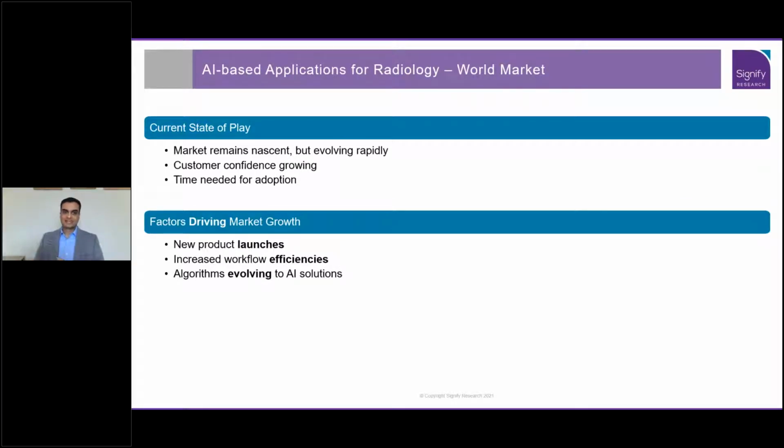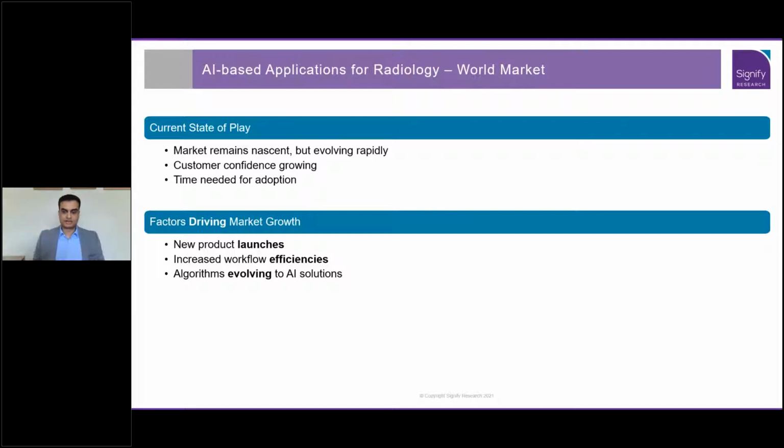So what's driving this market? New product launches. So algorithms are constantly coming to market. There was a high number of FDA approvals last year for AI algorithms, and this was despite the COVID-19 pandemic. We're also seeing a lot of launches of new products, say platforms from imaging IT vendors, and obviously these will be touched on throughout the talk. COVID-19 also highlighted the need for workflow efficiencies, and many of these AI tools also deliver these workflow efficiencies, improving the radiologist, automating tasks for the radiologist, such as routine tasks of measuring and looking at